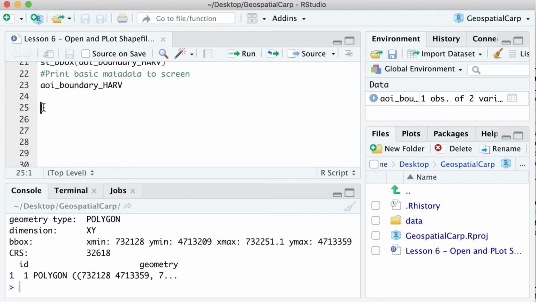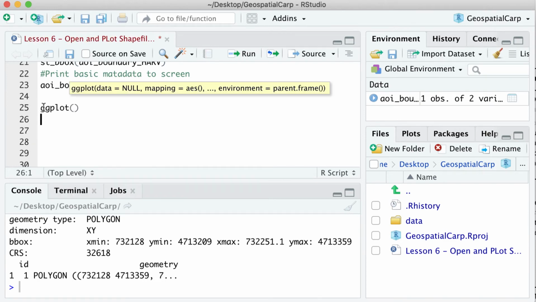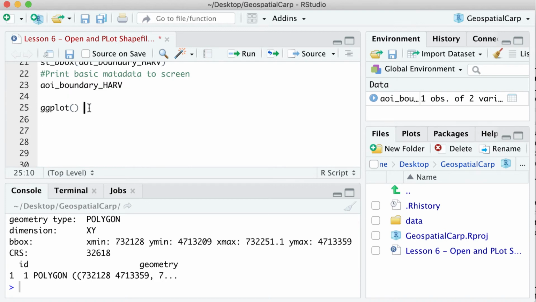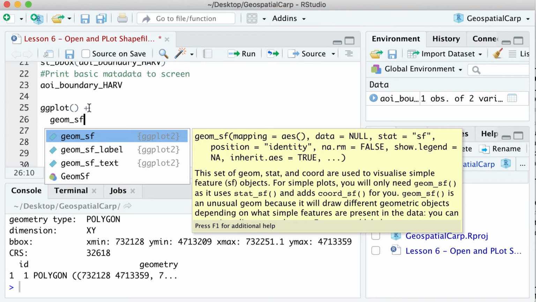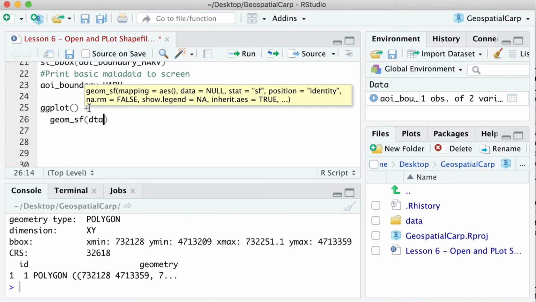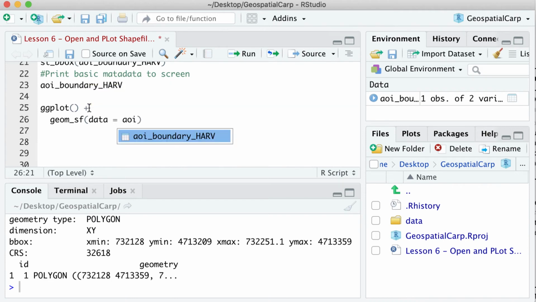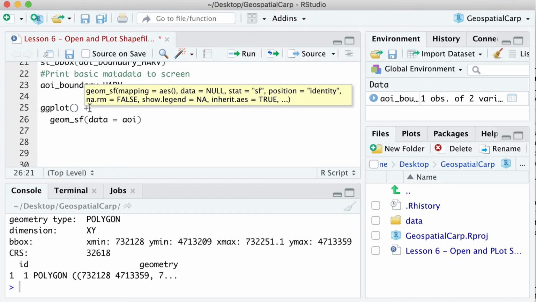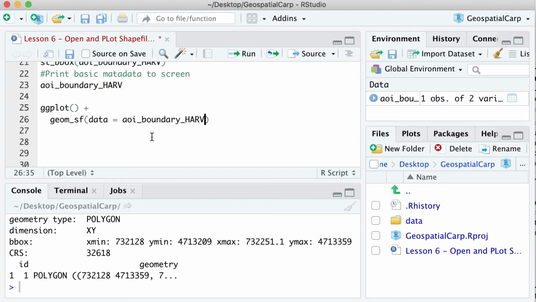And it's important to note that when plotting sf objects with ggplot, we need to use the coord_sf coordinate system. And you'll see that command when we visualize our plot. So we'll start out with ggplot(), plus geom_sf, our data equals the aoi_boundary_HARV object,